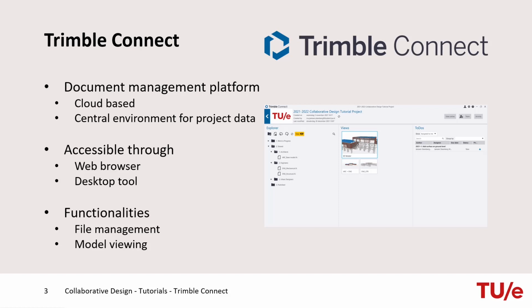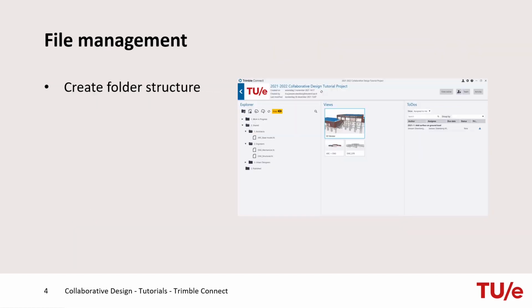of the same files. The advantage over more regular document management platforms is that Trimble Connect supports the viewing of 3D models. But first, the core function, management of project documents. All data that exists locally in a project can be uploaded to the server of Trimble Connect. Trimble Connect supports viewing of multiple 2D, 3D, and geospatial file formats.